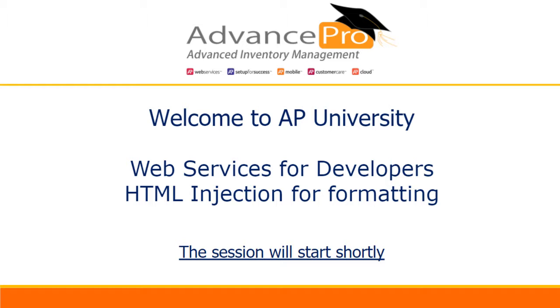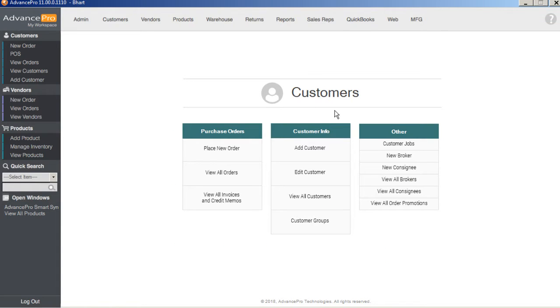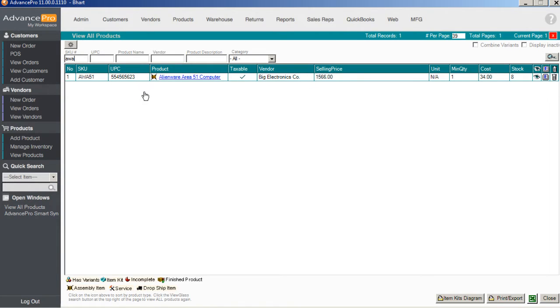Today, we're going to be talking about how to work with the web services and use HTML in your product descriptions to get better formatting for your products on web services. So, we're going to start today just by jumping onto AdvancePro, and we're just going to go into our products area. So we've got some products set up, and today we're going to be looking at this Area 51